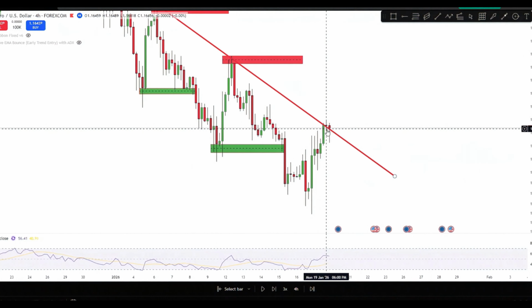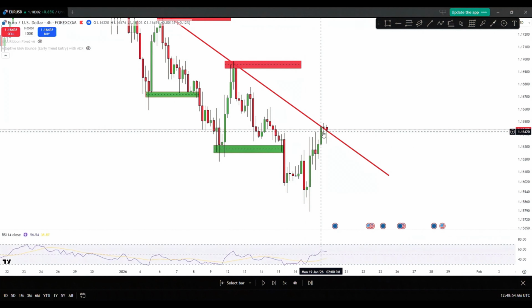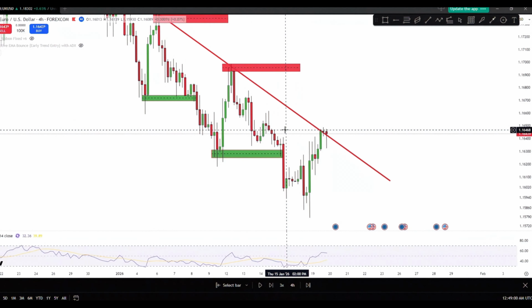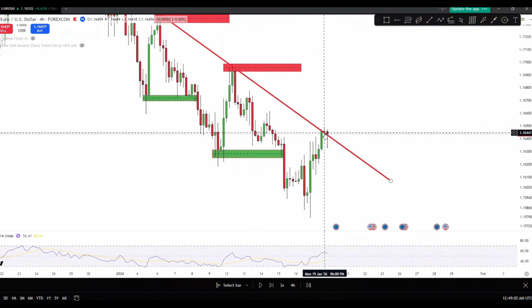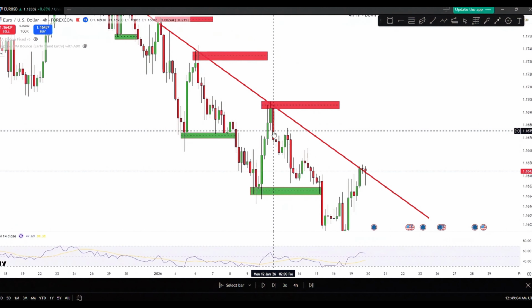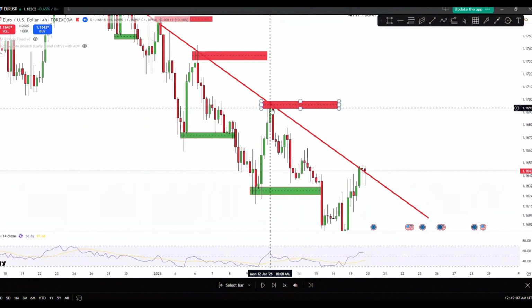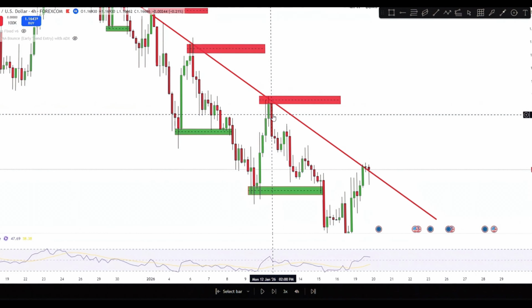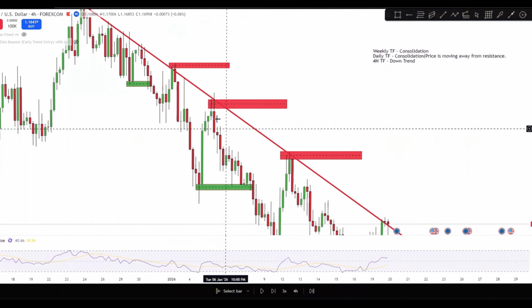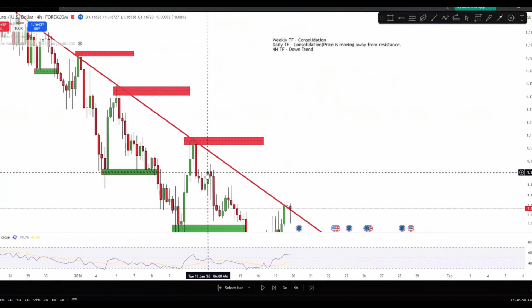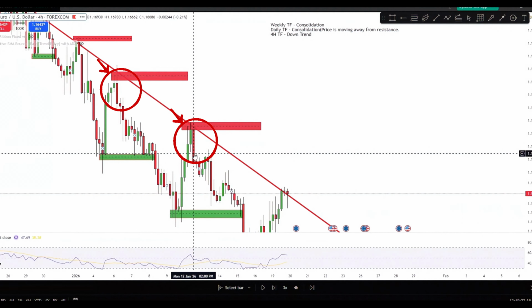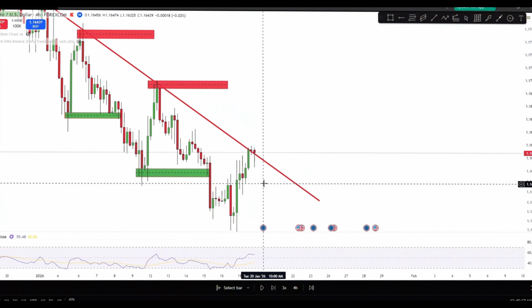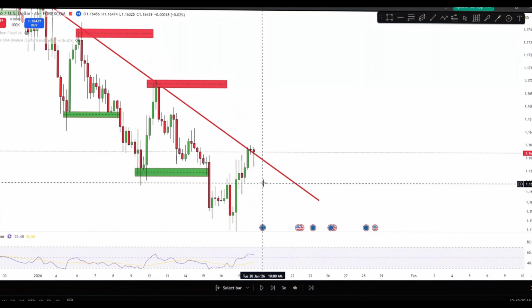Okay, so now we have price at our trend line. We have two candlestick patterns showing you price hesitation, but that by itself is not enough for you to enter. You would need something like this, where we have a very strong push away from the level of resistance. We need to see price move away from that zone with momentum. Until we get a bearish engulfing candlestick like this, it wouldn't be wise to go taking a short position in this market.